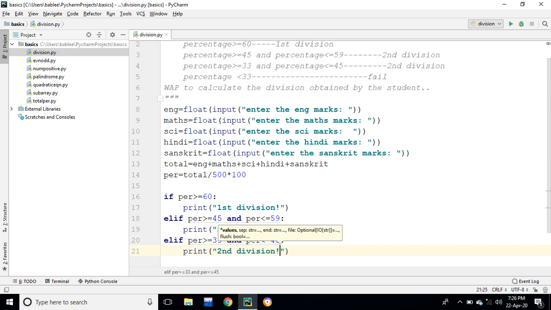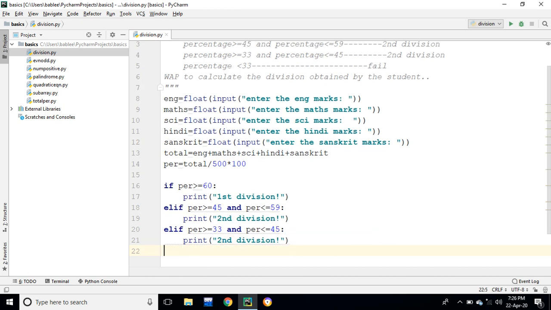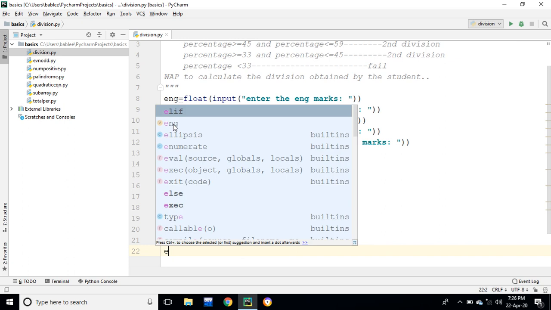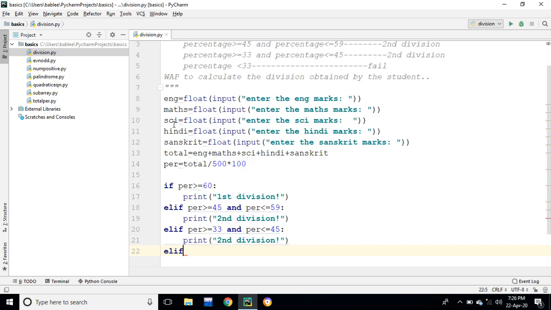We have no option for third division; we have first, second, and then fail. That's it. So elif, the last one, if percentage per is less than 33,